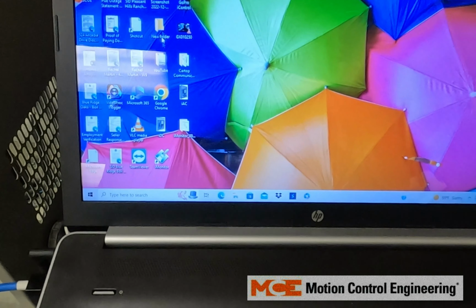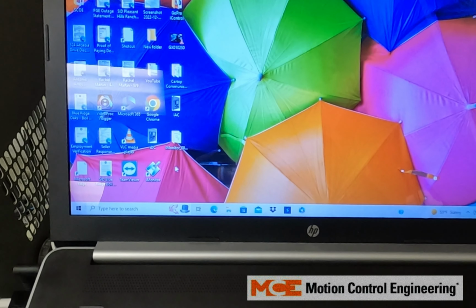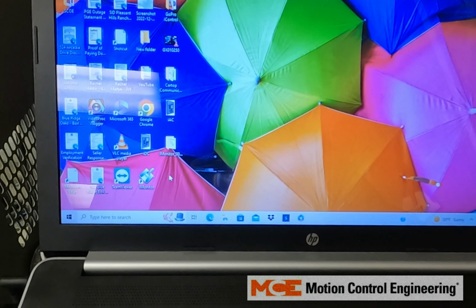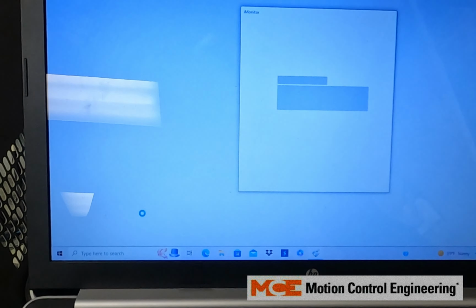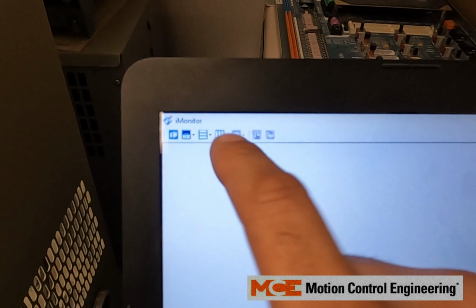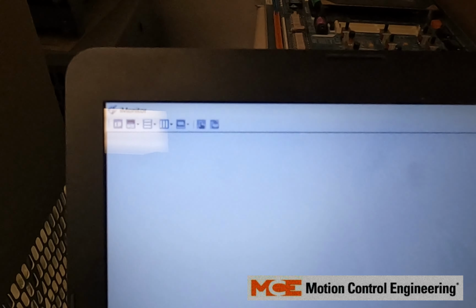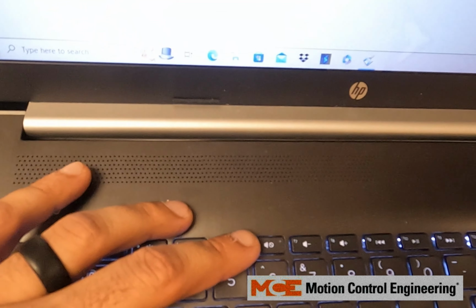to show you how to troubleshoot iMonitor if, after a power outage, it doesn't come back on, or if you newly installed an iMonitor application, you're going to want to open up iMonitor. As you can tell here, we don't have our menu bar up where it says File to make a Connection Set. You're going to need to go over to your keyboard and press